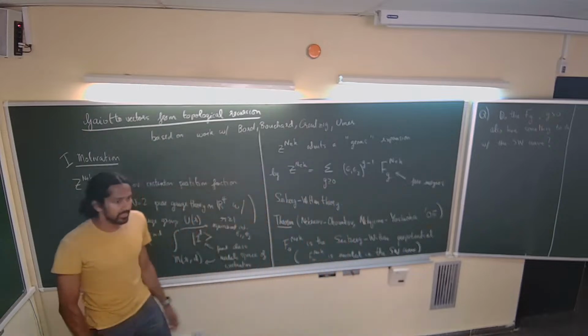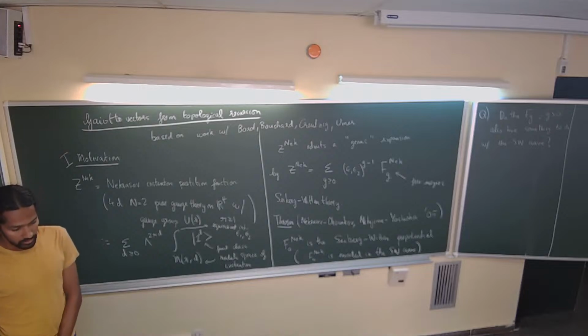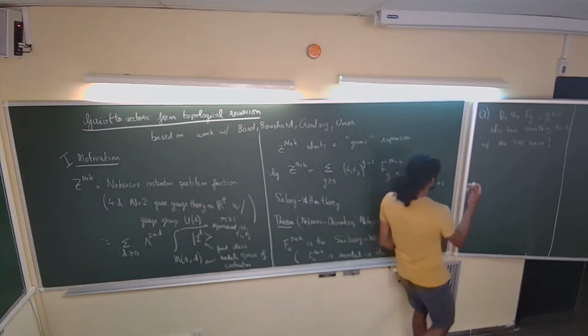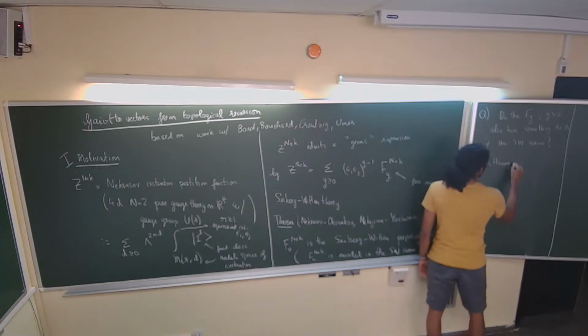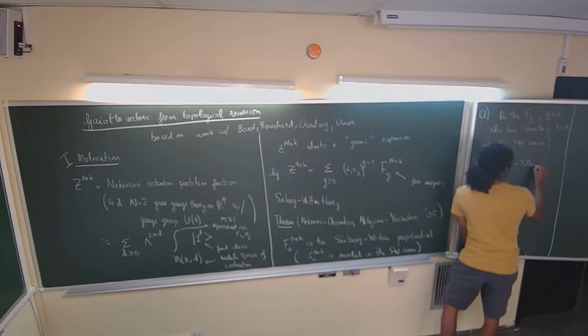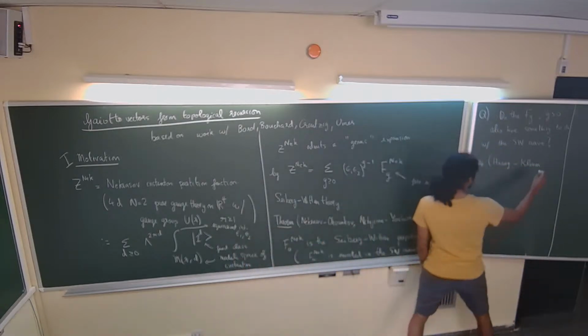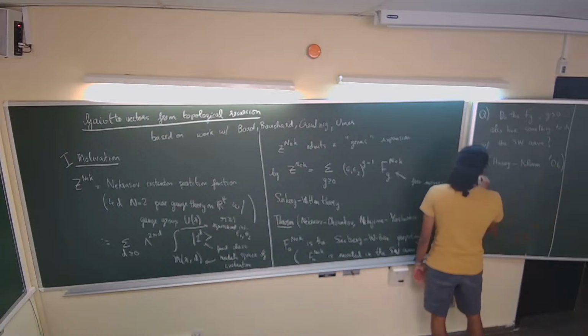As I said, there's an expectation that this is indeed the case, but this is not proved yet. So this is a conjecture due to Huang from 2006. These F_g